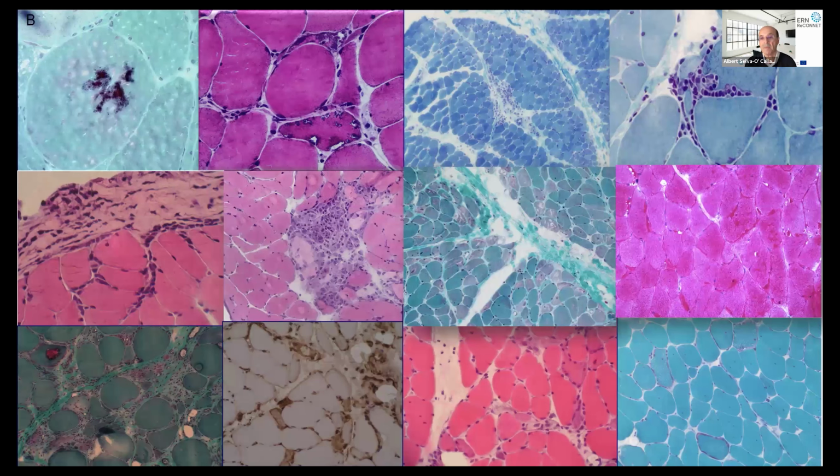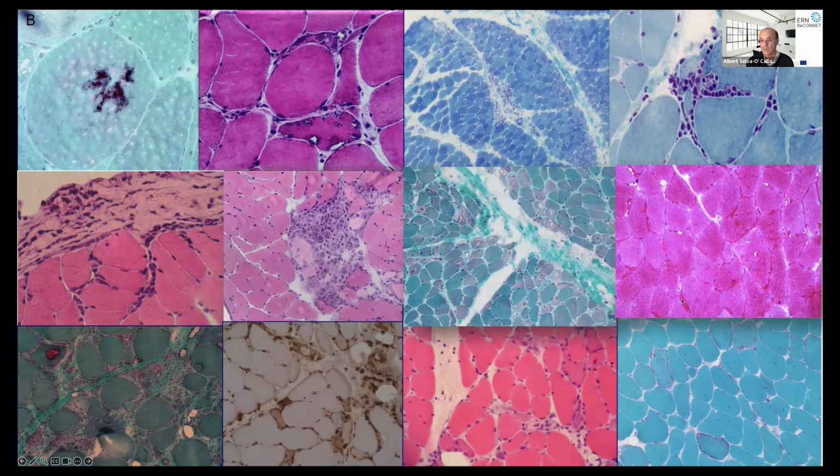Of course, if there is muscle weakness, muscle biopsy helps clinicians a lot to diagnose these patients. You can see here the characteristic rimmed vacuoles of IBM, or this perifascicular atrophy and infiltrate of lymphocytes in dermatomyositis, or also in the differential diagnosis, as you can see here, a patient with a myocardial disease who was diagnosed some years ago with polymyositis. Of course, the diagnosis was not correct.